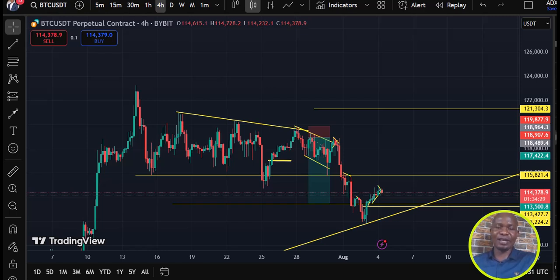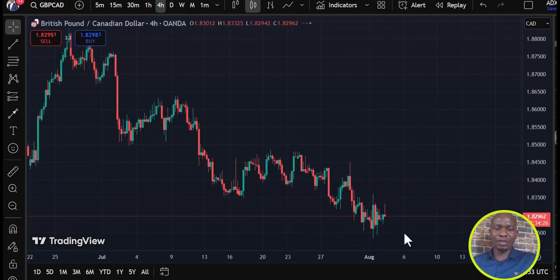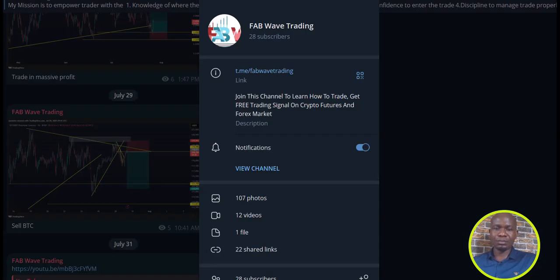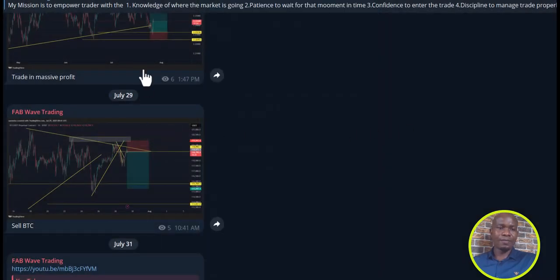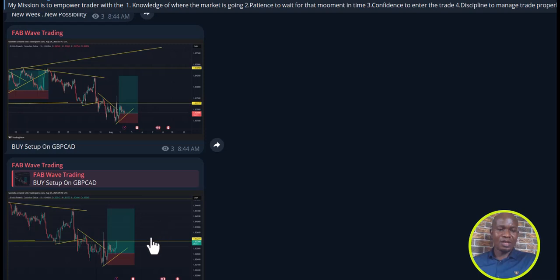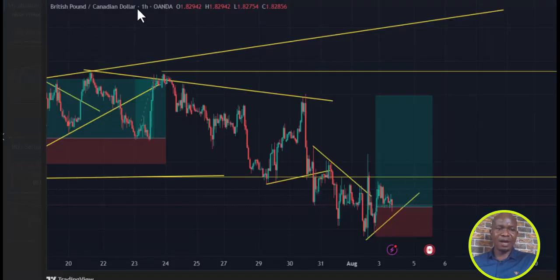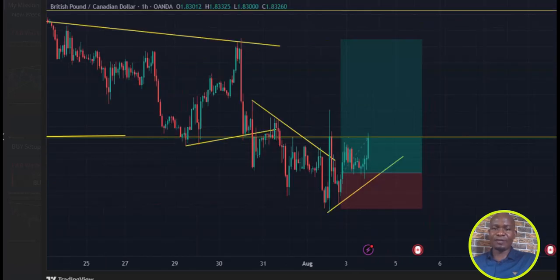That's GBP/CAD. We posted this also on our Telegram group. So right here this morning, this is the GBP/CAD. We're here, and I just saw this, and I posted that this is going to move. Right from here, what do we see? The market aligns with this concept of impulse, correction, impulse. So what is the update so far? This is what the market is doing right now: the GBP/CAD is in big profit.